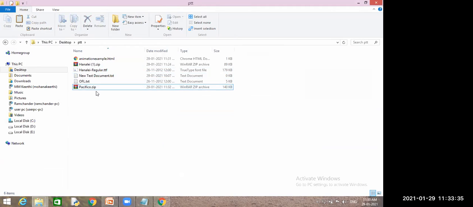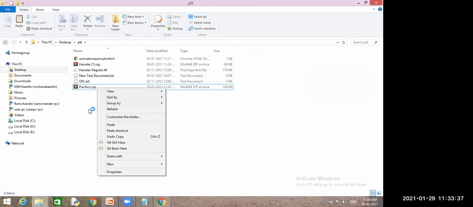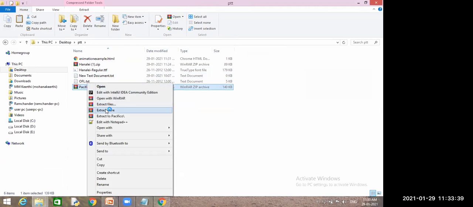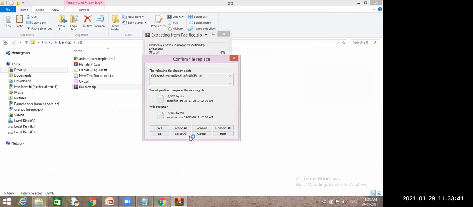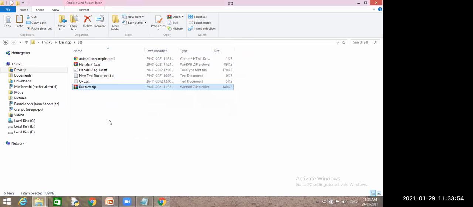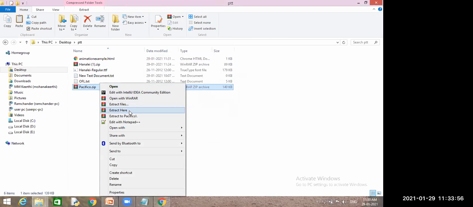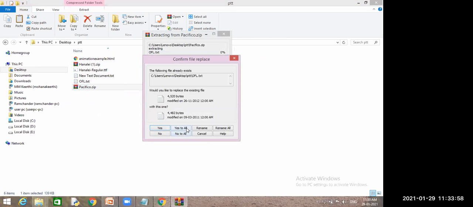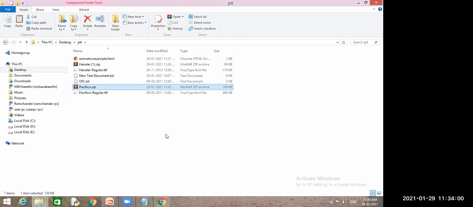After pasting, what do I do? Extract. So just click here and extract it here. Even replace, no issues. Extract here, all are extracted.